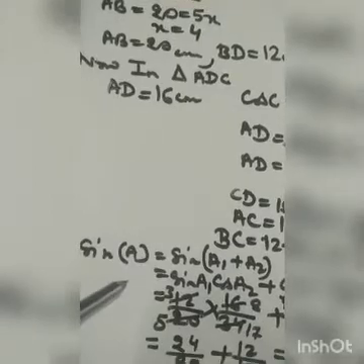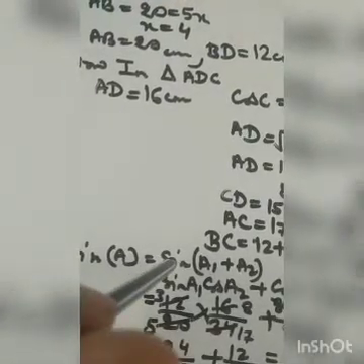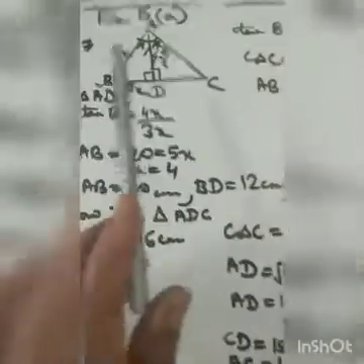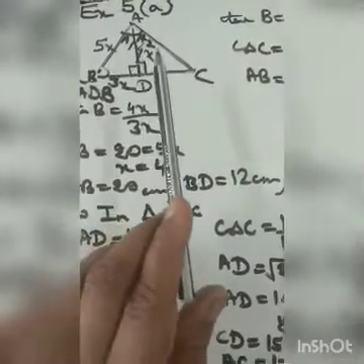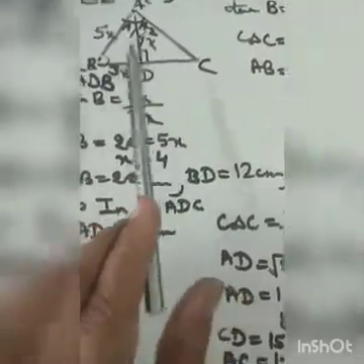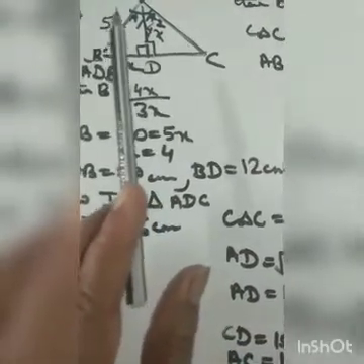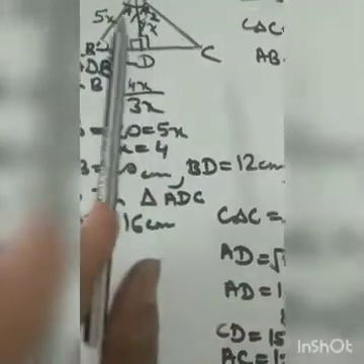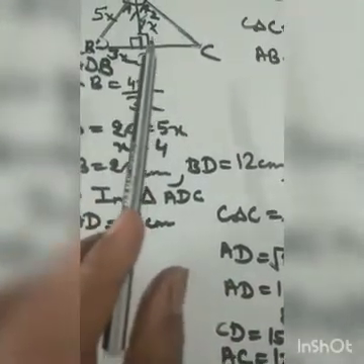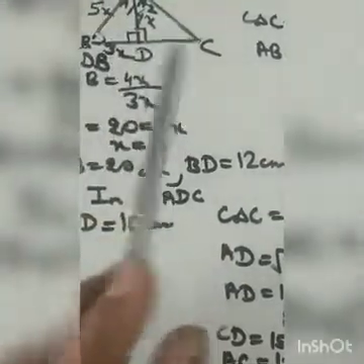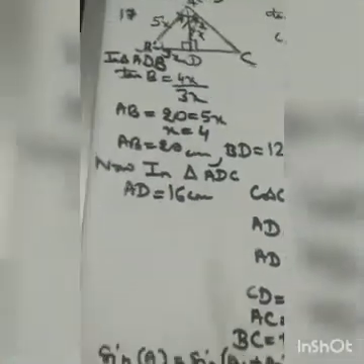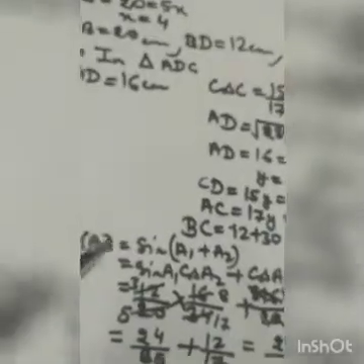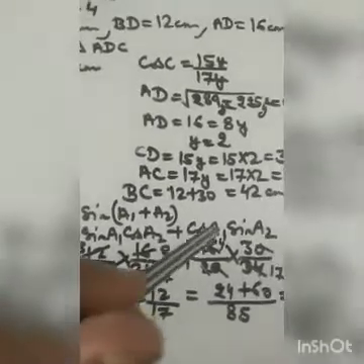Now comes how to find out sine A. Sine A is sine of A1 plus A2. Now look, in the figure I have shown this as A1, this as A2, because we don't know the measurements, we are just taking half. Of course, it is not half. One portion as A1, second portion as A2. Obviously, this angle is 90, this angle is 90. Therefore, you can get right angle triangles and write down the ratios accordingly. So, sine A is sine of A1 plus A2. So, sine A1 cos A2 plus cos A1 sine A2.